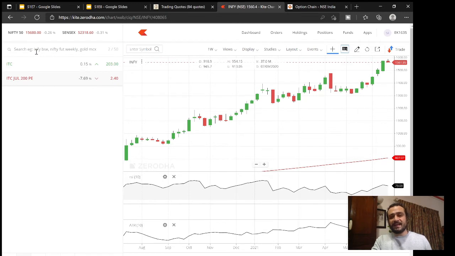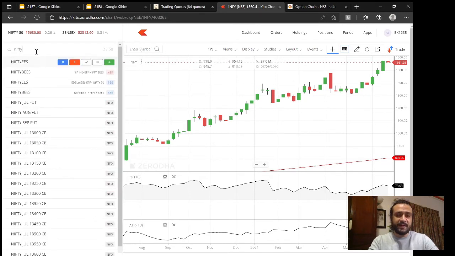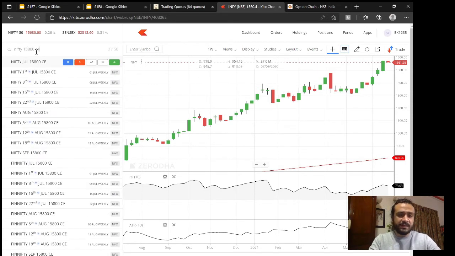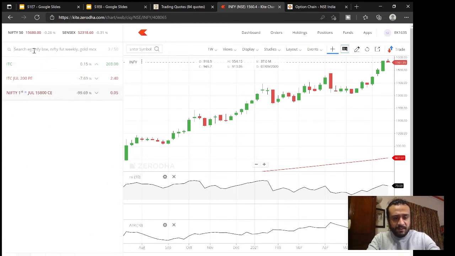Now let us look at the index options. If I just type Nifty, and I put say for example 15,800 call option, you can see here you've got a July call option. Only July means it is July end. You've got 1st July, which is today, so this option is expired. Then 8th July, then 15th July and 22nd July. And the July month option means it is 29th July expiry. Hope that is clear. So we will just put all of these, 15,800